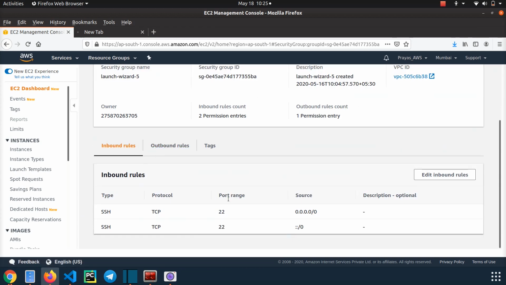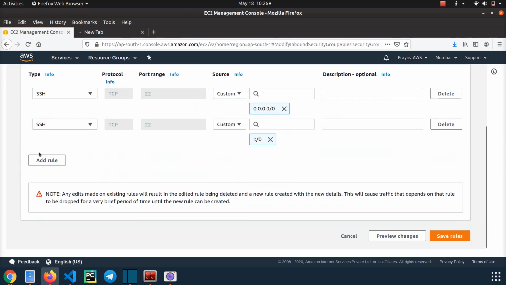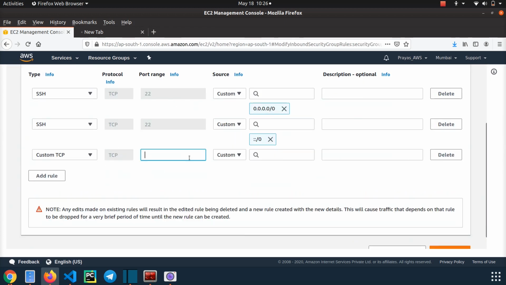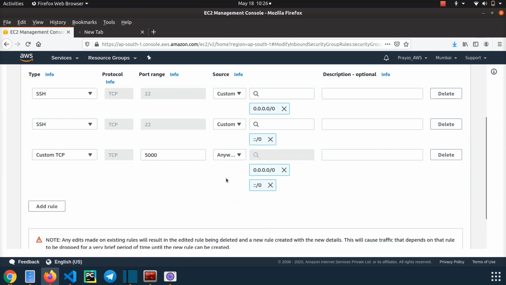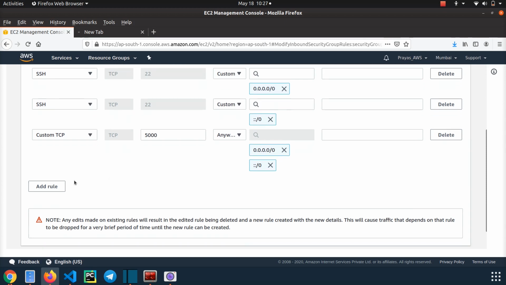Here we are. So these are the default settings, guys, that we got. As we discussed, SSH requires port number 22 by default, so it was given by default, guys. We'll just allow port number 5000, and I can choose my IP so that I can access it from my IP only. But over here I'll be choosing anywhere so that it can be accessed from anywhere, right? And this 0.0.0.0 is, guys, for any IP, so that any IP can access it. And this is for subnet masking. And I've added the rule, that is 5000 and anywhere. So just save it.